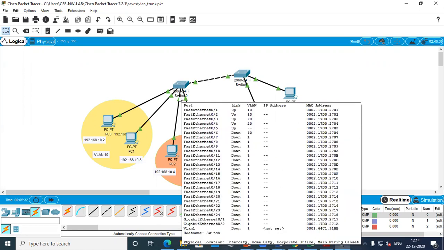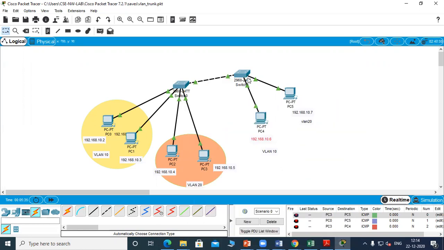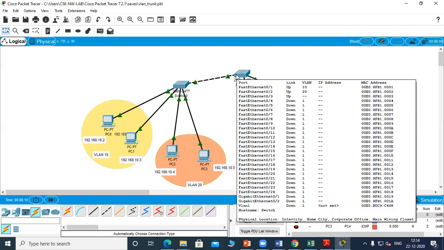Now this can also be extended using a trunk interface where it can be connected to the other LAN connection. So you can see there are PCs located in different parts, but still they can be connected to these VLANs. That is the advantage of VLAN, where even though it is located in a different part, it can be grouped into one particular LAN. And to connect switch to switch, there is a trunk interface. So this helps in segregating the packets and only the relevant packets are forwarded to that switch. So this will reduce the congestion and thereby increase the speed of communication.